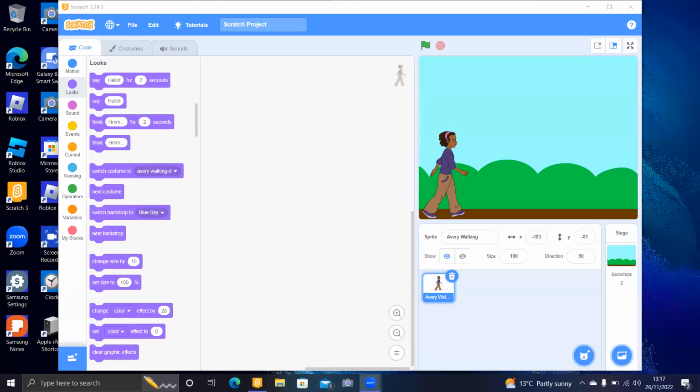So what you do here is this character is kind of a little big now. You can make it smaller by going to looks and then setting its size to